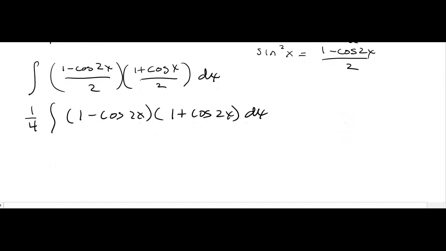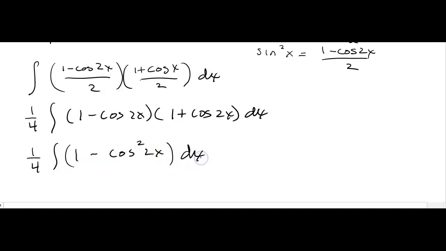You're just multiplying, combining like terms. This is a sum and difference. And if you recall with sum and differences, 1 times 1, of course, is 1. When you multiply 1 times cosine 2x times 1 times negative cosine 2x, those middle terms will cancel away, and you end up with a negative cosine squared of 2x